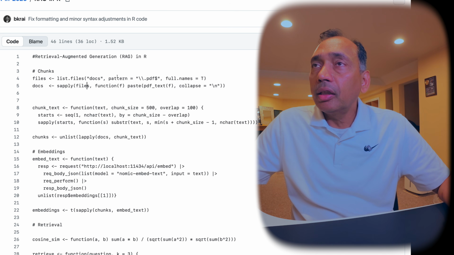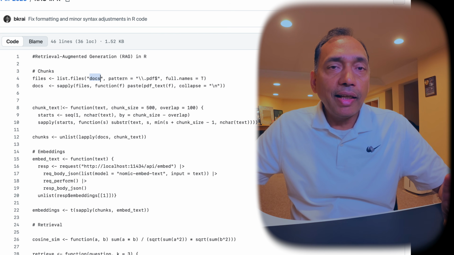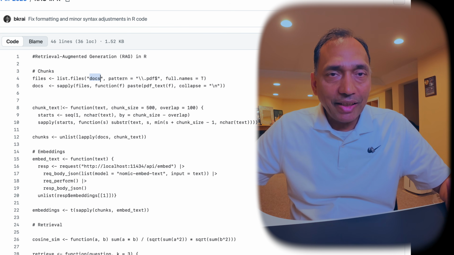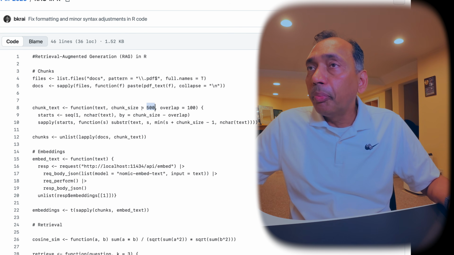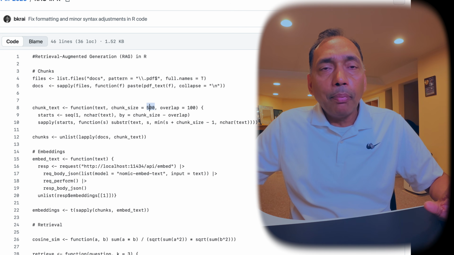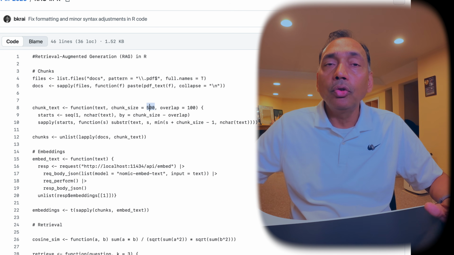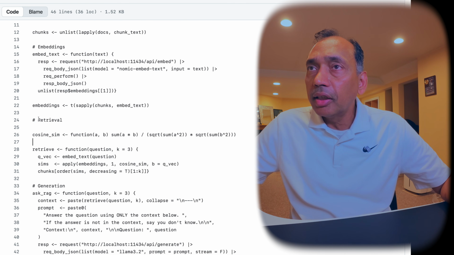So here we are reading the files that are available within docs folder, and then we break down the text into different chunks. So note that LLM context usually is limited, so retrieval works best with smaller and more focused pieces. So we break each document into chunks of about 500 characters with little overlap so that we don't cut sentences in half. So in this part we create the embeddings that I talked about, and then we have retrieval